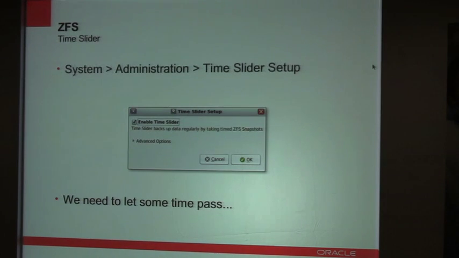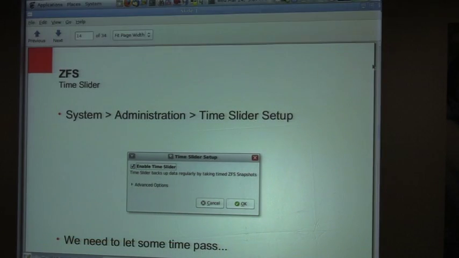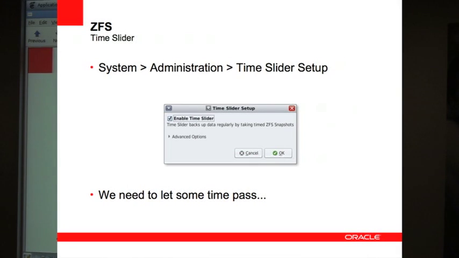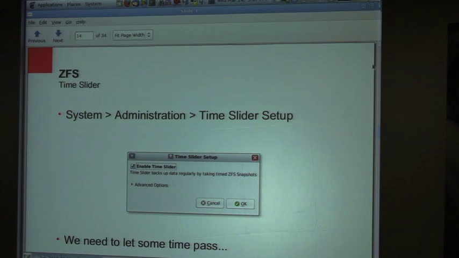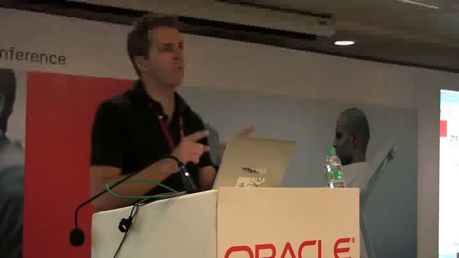Okay, all right, time slider is kind of a cool feature. Now, everything I've shown you has been at the command line. It's really intended for server-side type use. Well, we wanted to bring this to the desktop. And again, this is an OpenSolaris only feature. I want to point that out. Everything I've showed you so far is available in Solaris 10. This particular feature, time slider, is only available in OpenSolaris, and what we've done is put a desktop interface